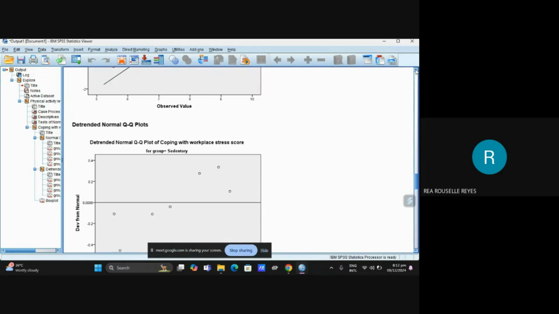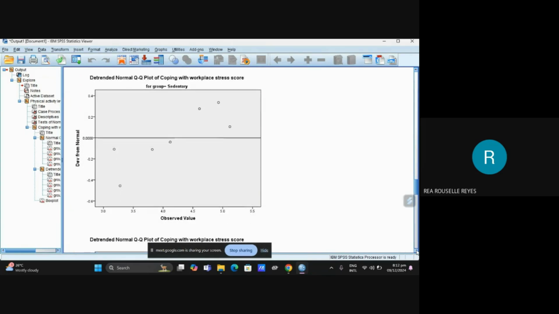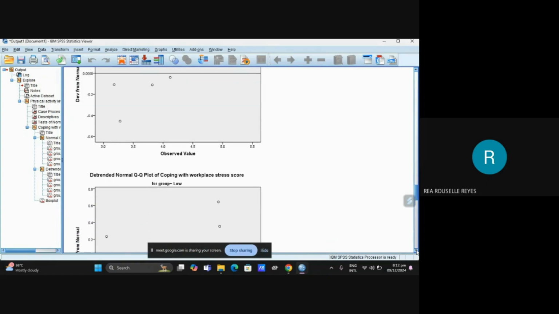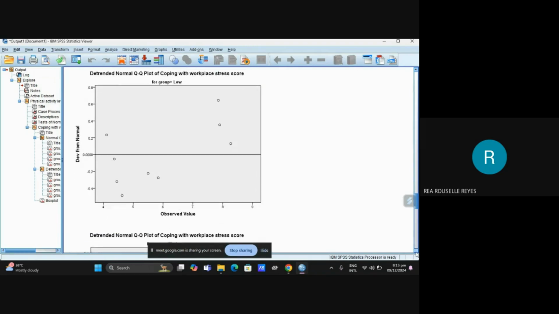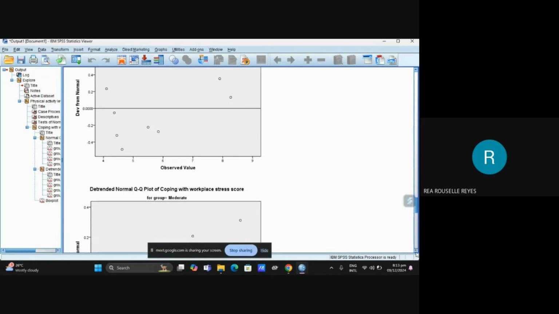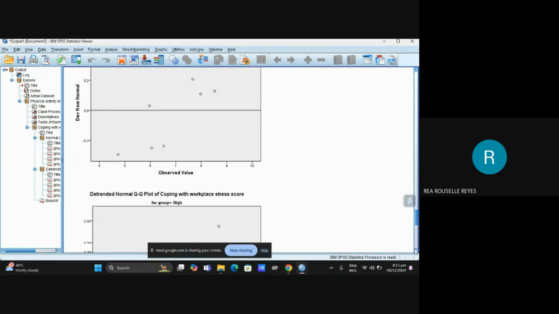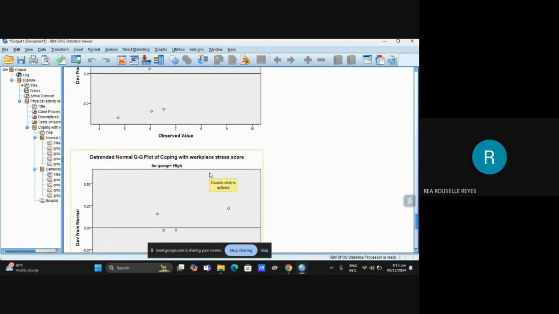All right, you can also see the detrended normal QQ plots for the sedentary, and then the detrended QQ plots for group low here. And then the detrended normal QQ plot for group moderate, and for group high.